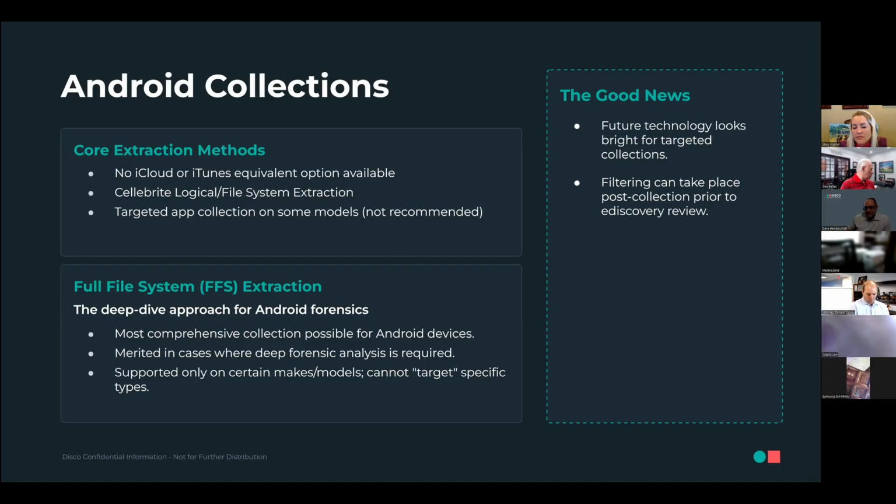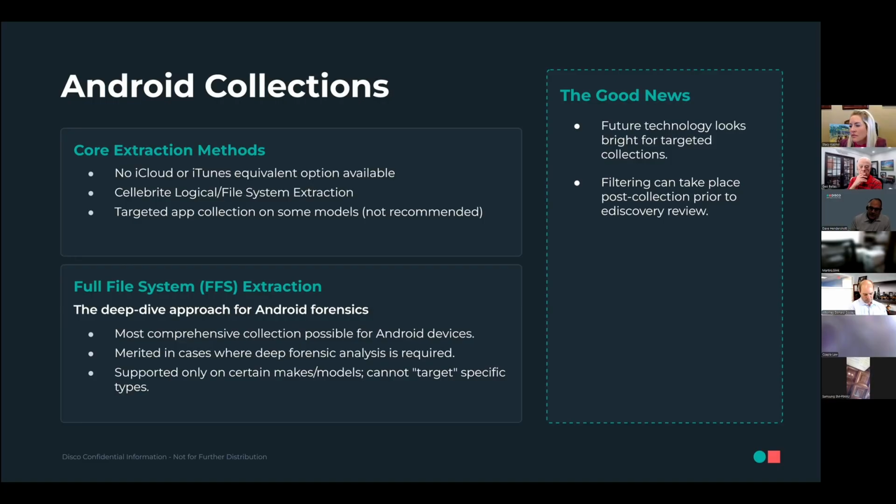Something to look out for on the horizon is that all of these companies are trying to pull into that targeted collection, where they can say, we only need this or that conversation, or we need this particular artifact. There are companies attempting that.